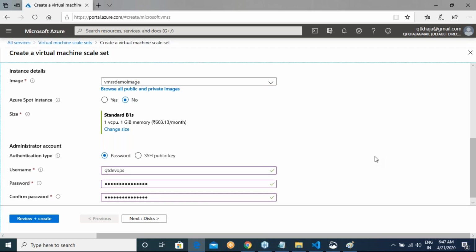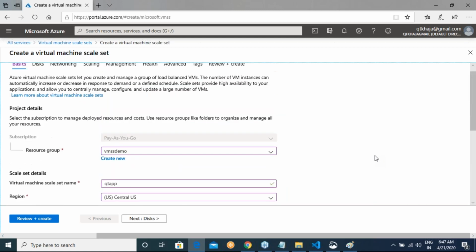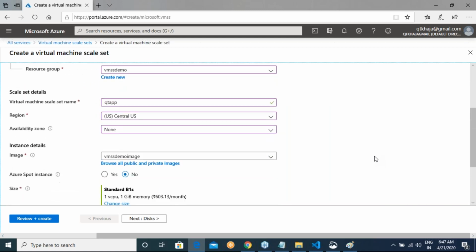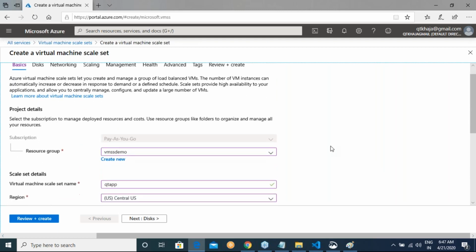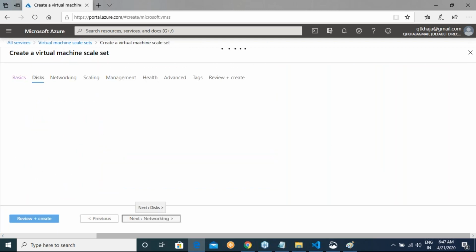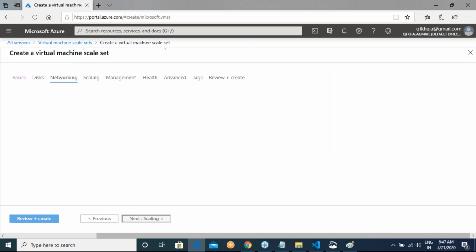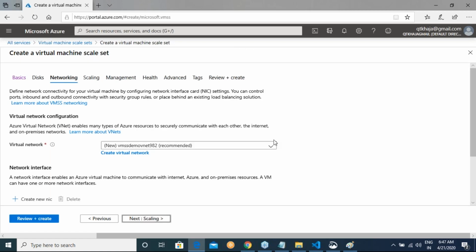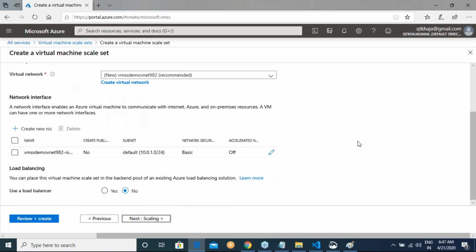Okay, right. If you look at this virtual machine scale set, it looks much like creating the VM. We do exactly the same thing. Okay, right. So let me go with disks. I'll not change anything in the disk. Okay, so network. If you want, you can use the network that is basically given by it, or you can create your own network, whatever makes sense to you.